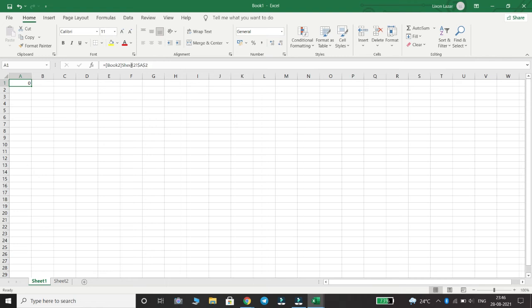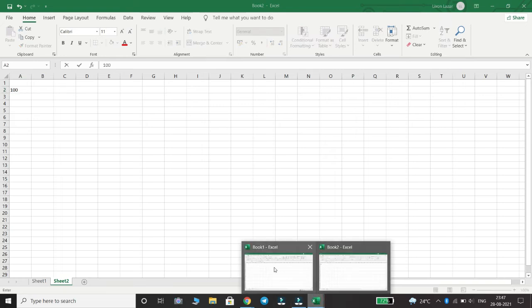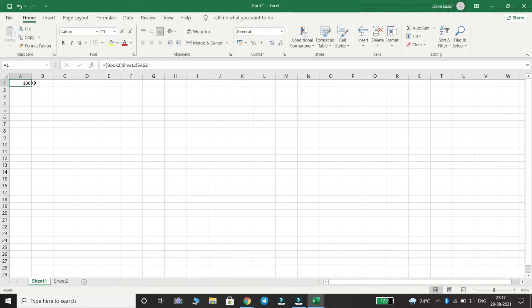You can see the formula [Book2]Sheet2!A2. So in book 2 I am going to give one value, 100. Accordingly the value is also reflected in book 1. In book 1, in cell A1 the value is 100.